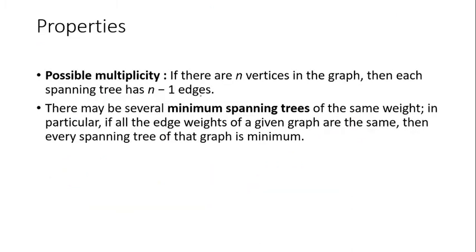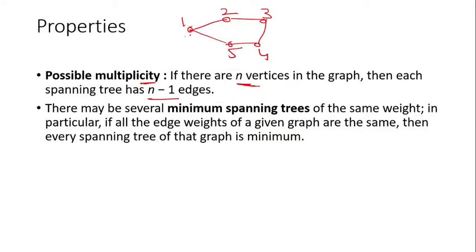Now what are the properties of a minimum spanning tree? The first property is possible multiplicity. If there are n vertices in the graph, then each spanning tree has n minus 1 edges. This is true. Let's say this is the number of vertices I have: 1, 2, 3, 4, 5. Then each spanning tree has n minus 1 edges, which is true, because one of the spanning trees